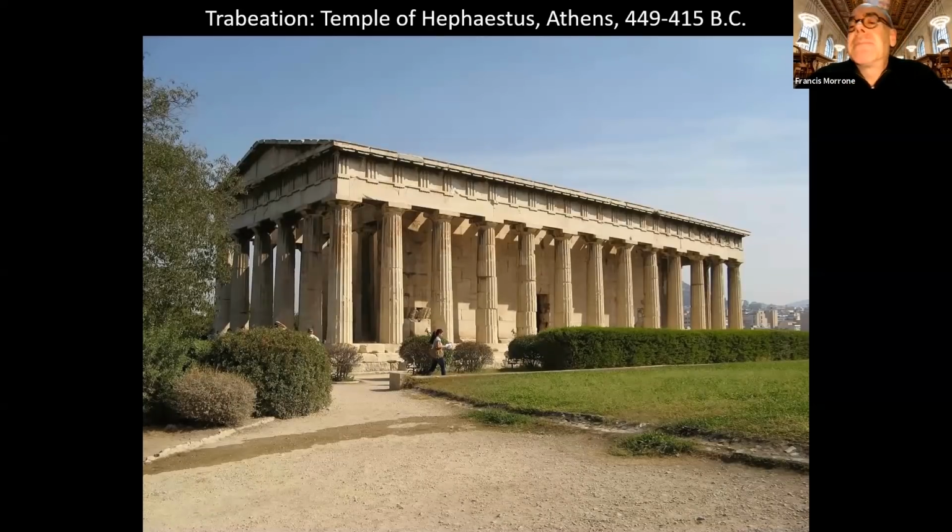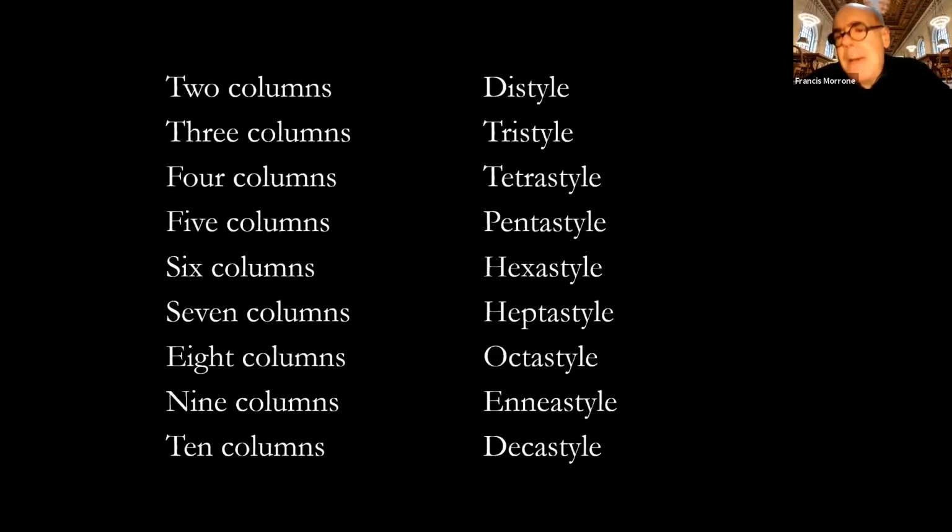And we call this by the name of trabeation. So there is probably your first big vocabulary word that you need to remember in relation to classical Greek architecture. It simply means post and lintel construction. And this is wooden architecture that has been, as I say, translated or transposed to stone. These vocabulary words are basic. They are very, very basic. If you don't know them at all, they may seem a little daunting, but they're not.